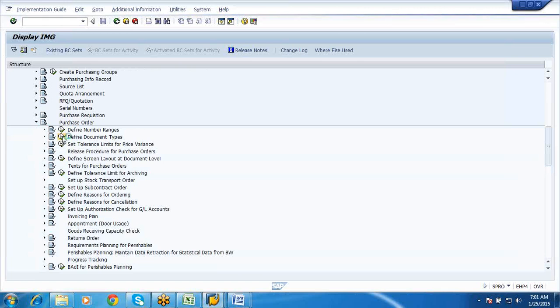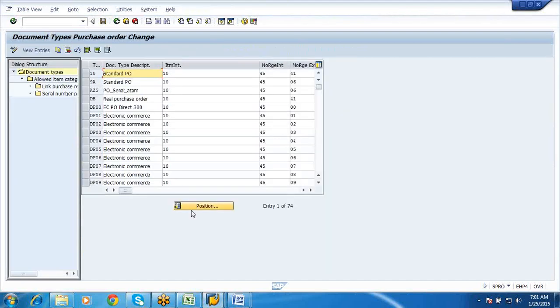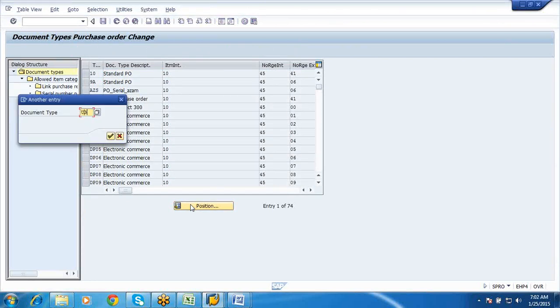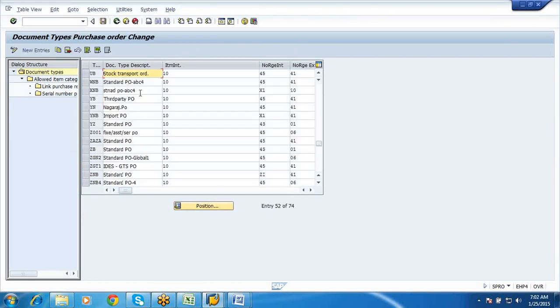So purchase orders, define document type, UB. This is the one which we are talking about here, stock transport orders.